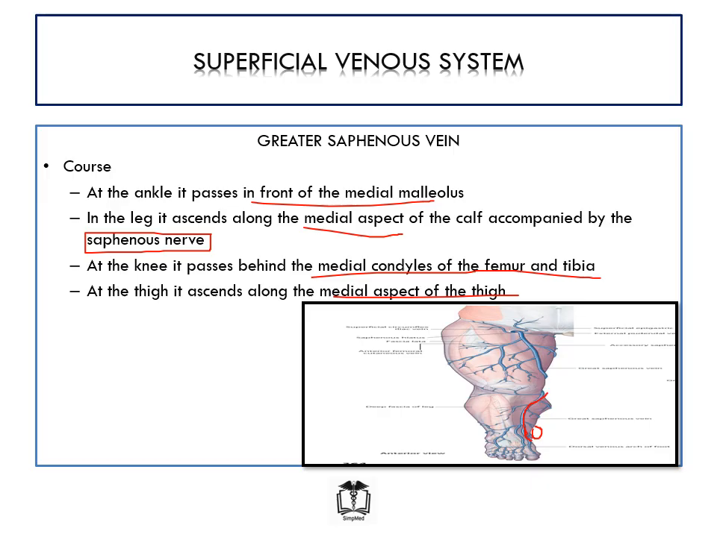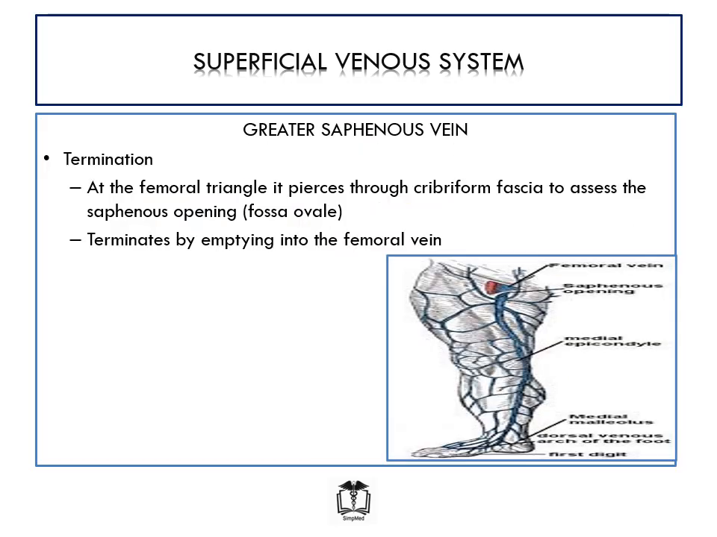At the knee, it wraps around the back of the knee, then emerges again at the medial aspect of the thigh to terminate at the femoral triangle. At the femoral triangle, the greater saphenous vein becomes deep. It becomes deep by piercing through a fascia called the cribriform fascia and enters into a space called the